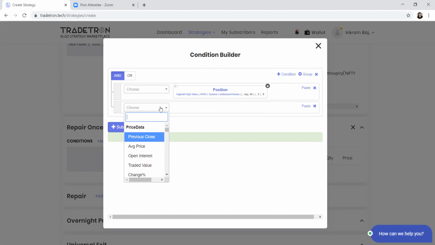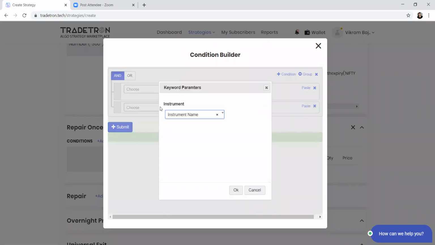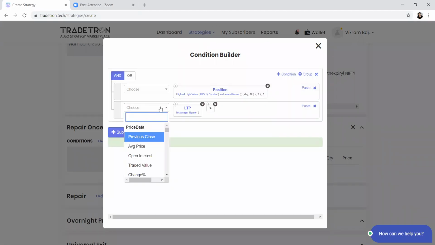That you can do only with the previous high, because the current day's high will be constantly changing. So you cannot use that. But if your entry is based on a previous day high breakout, then definitely you can write a condition with LTP of that particular instrument greater than previous high.